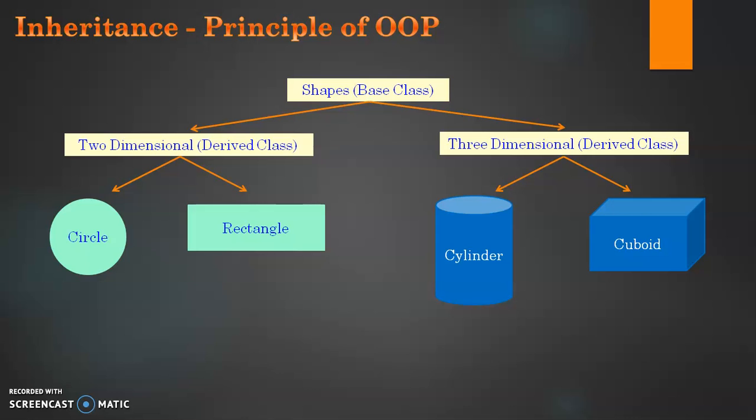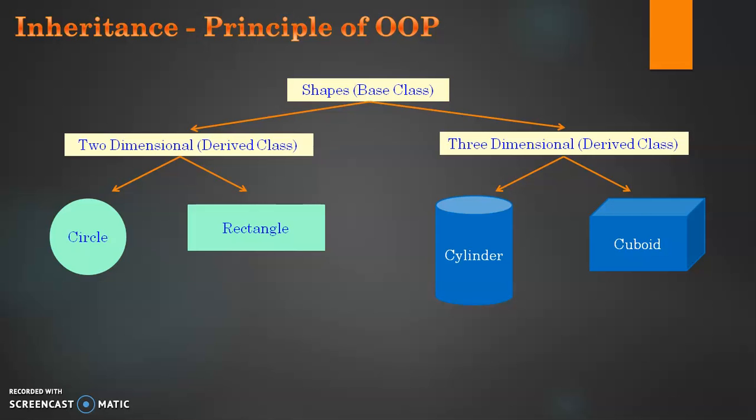This phenomenon is called reusability, and it leads to less time in writing a program. It takes less storage space in memory, and it makes the execution of the program faster. So the properties of the base class are shared by the derived classes. The derived class can modify them according to its own need, but the code need not be written once again. So inheritance promotes reusability.